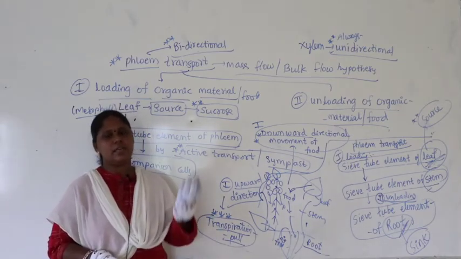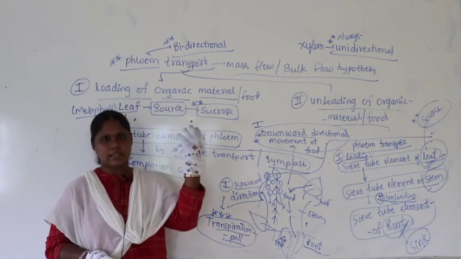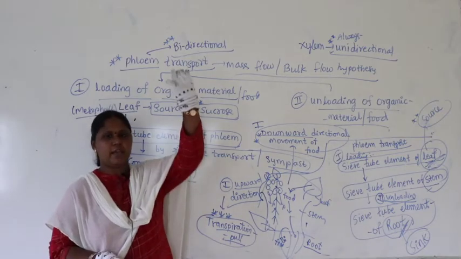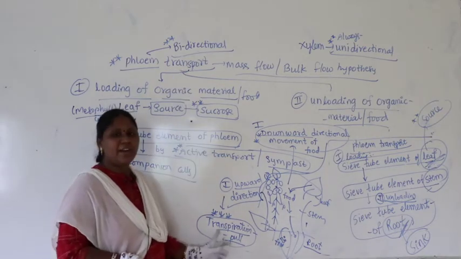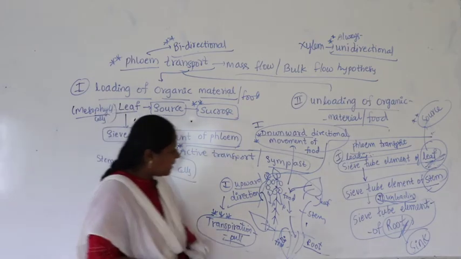Organic food materials are translocated in upward direction. Translocated means longer distance. Food materials go along with water and minerals in upward direction. It is basically by transpiration pull. Then the question arises, how bidirectional movement,